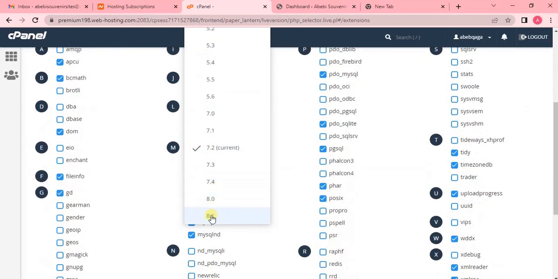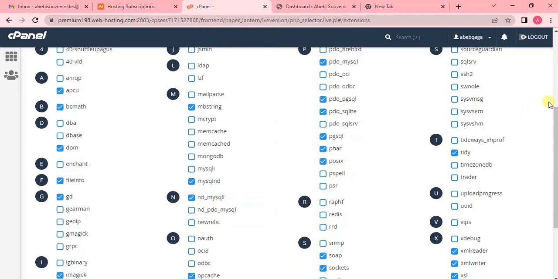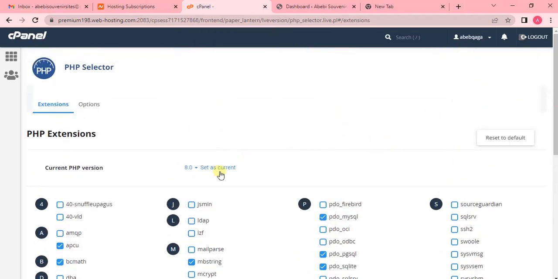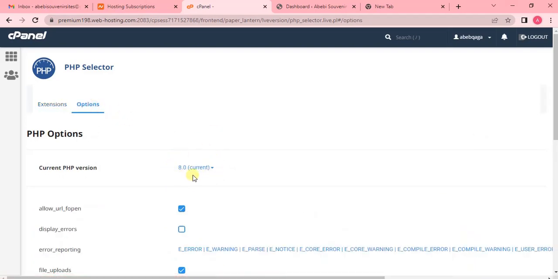you can see the latest version is 8.1, but I usually like to go a version down. So I'll just go to the 8.0 version. I'm gonna scroll back up and set as current. I'm gonna set the version now to 8.0. So it's been set to 8.0. If you go back to option, you can also see that it's been set to 8.0 as a current version